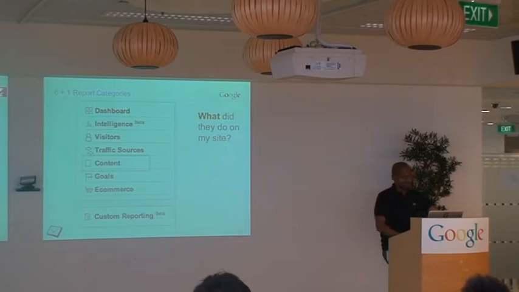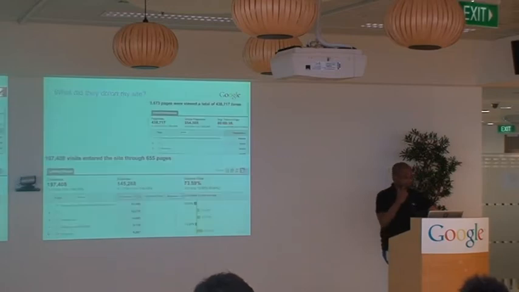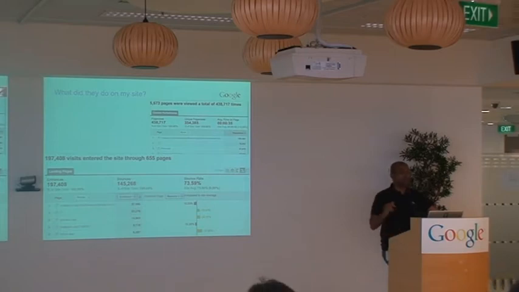Then we've got content reports. So this is really about what people did on your site. So once they got there, what did they start doing? We've got a lot of great reports in there about which pages people spent a lot of time on, or which pages people landed on, hated, and left the site completely. So if you're trying to optimize the user experience on your website, this sort of information allows you to see what it is they like and dislike about your site. Identify the things they dislike and improve on it or remove it from your site.